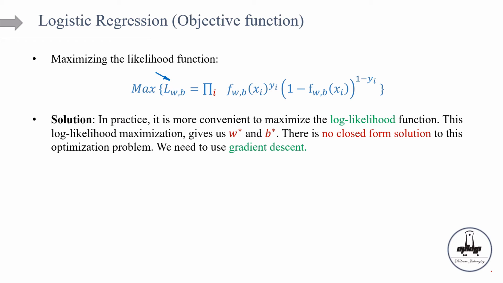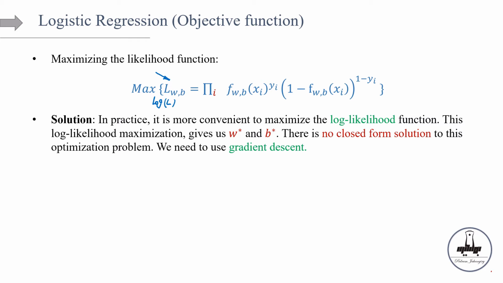Because as you can see, if I take log from both sides, I'm maximizing the log likelihood here. And because log is a monotone transformation, it's strictly increasing, it really doesn't matter if I'm maximizing the log or the likelihood itself, right? But the right-hand side is going to become a lot more convenient to work with, because